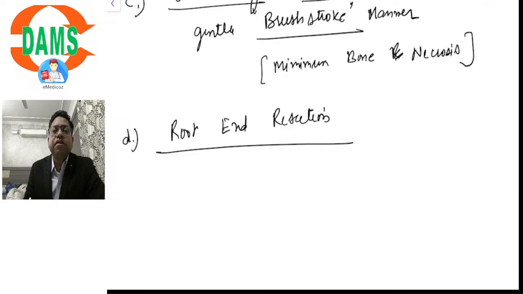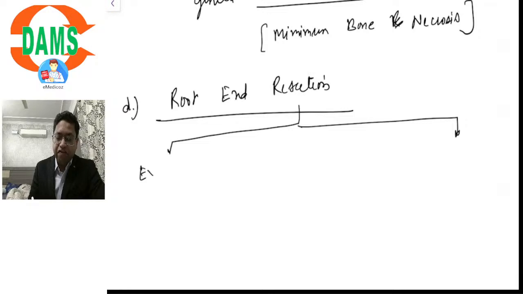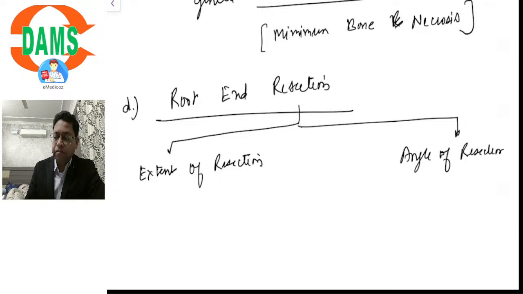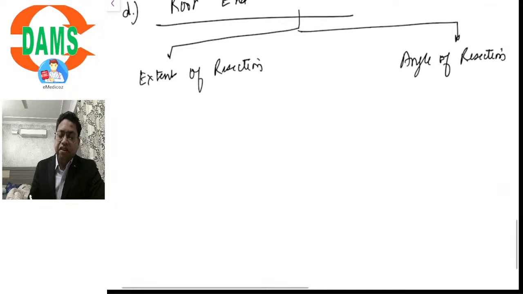The root end through which the pathology has associated, we have to resect the root end. Root end resection, two important points to consider with the root end resection is the extent of resection. And secondly, we have to talk about the angle of resection. Means how much of the root end should be cut off and what should be the angle of resection. The extent of resection